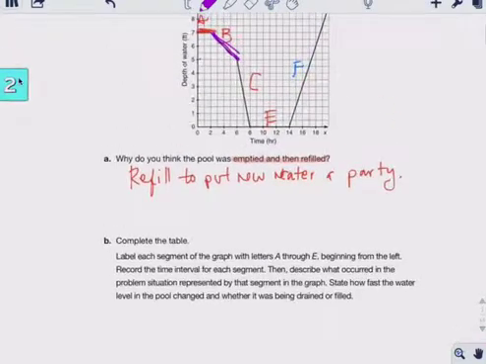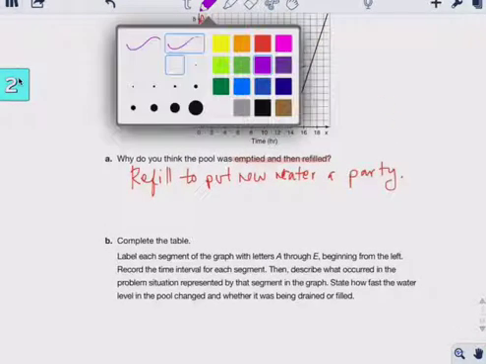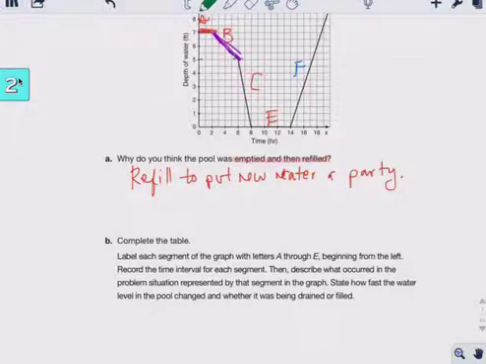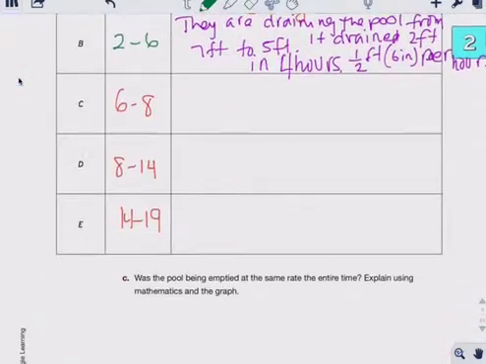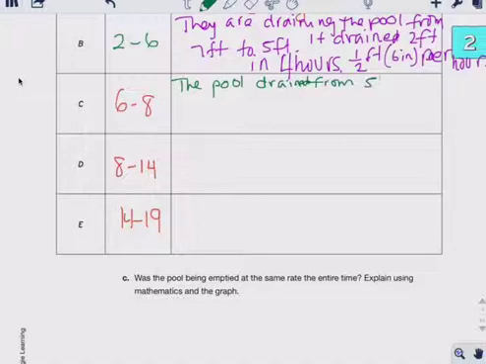Now 6 to 8, they drained really fast. It went from 5 to 0. The pool drained from 5 feet. Well, this is a negative half of a foot, because it went down. Well, measurement is never positive or negative, so leave it positive. The pool drained from 5 feet to 0 feet